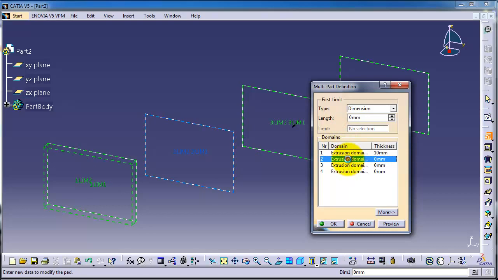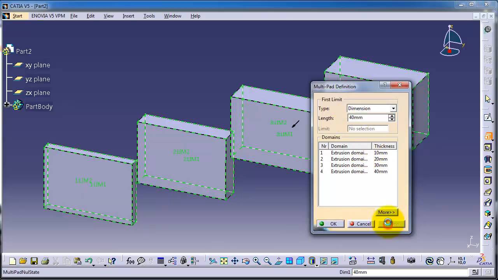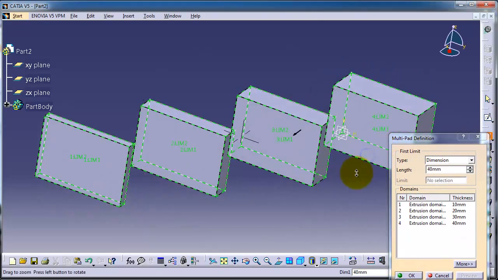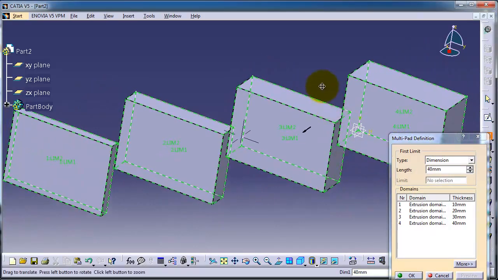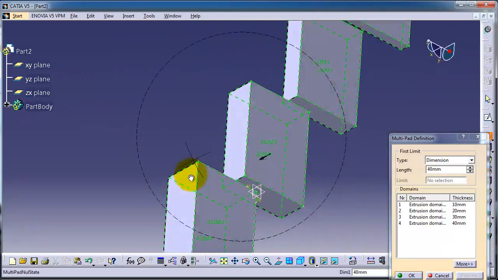and then go to the second one. You can make it 20 millimeter, third one 30 millimeter, and fourth one we make it 40 millimeter. Click on preview. You can notice here we have different extruded thicknesses,